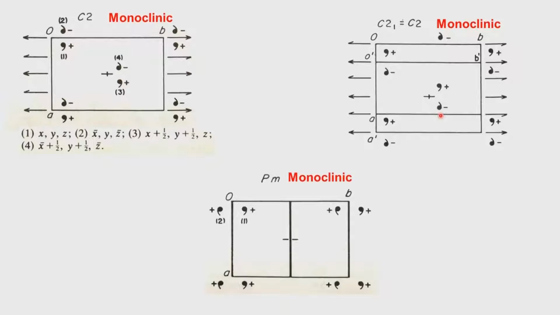Now, we go further. The two-fold operations are completed. So, we have the two-fold symmetry, we have the P2 symmetry described, we have P21 described, we have C2 described, and we have shown C2 is equal to C21. And therefore, the number of space groups in the monoclinic system so far are P2, P21 and C2 as far as the two-fold operations are concerned. Now, we go to the mirror operation. The mirror operation, as we can see here from this diagram, is defining the space group Pm.